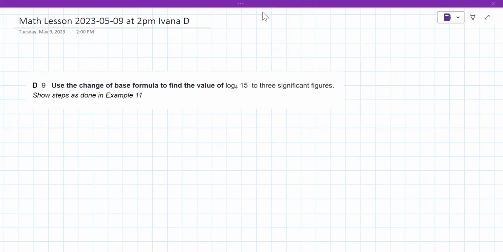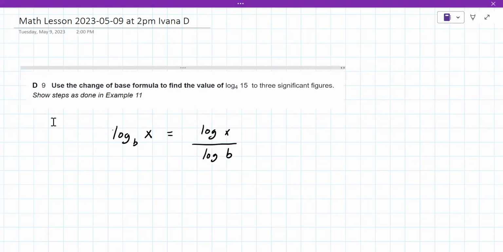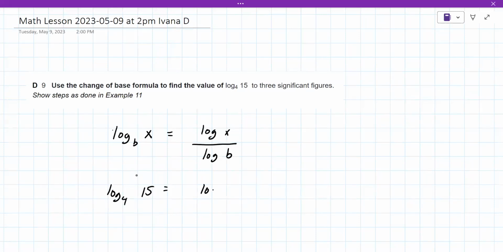The three significant figures. So the change of base formula is as follows. Log base b of x equals log of x over log of b. It also can be used for natural logarithms, which let me go check example 11, see what they use. They do not, they use base 10. Okay, this is what they use here. So in your problem, log base 4 of 15 becomes log of 15 over log of 4,